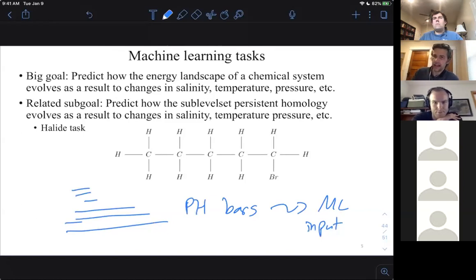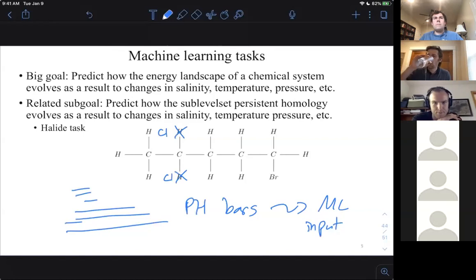So a task that we plan to do early on is to look at halides. Halides are what you get when you take an alkane and you chop off one of the hydrogens and instead add on a chlorine atom or a bromine or a fluorine. So we want to build training data sets where we create a large collection of halides, and then we give the algorithm some new halide that it hasn't seen before. Maybe these two hydrogens were changed to chlorines instead of others. And then how well can we predict what the energy landscape looks like or the chemical properties of this new halide based on the training we've done on prior halides.